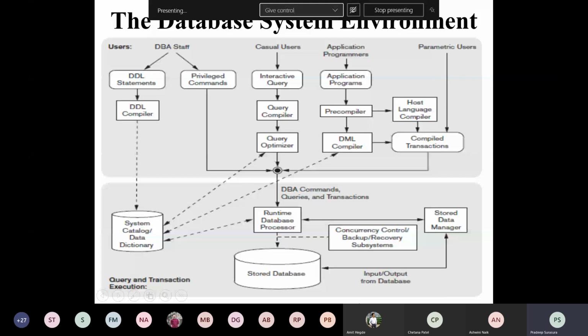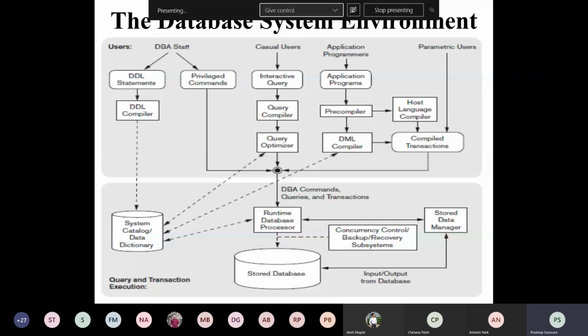DML statements also have to be compiled properly, so the DML compiler will take care of that. The host language I'm using also has its own compiler. That query will take the shape of a transaction, which runs through a DML compiler and is executed through a runtime database processor.